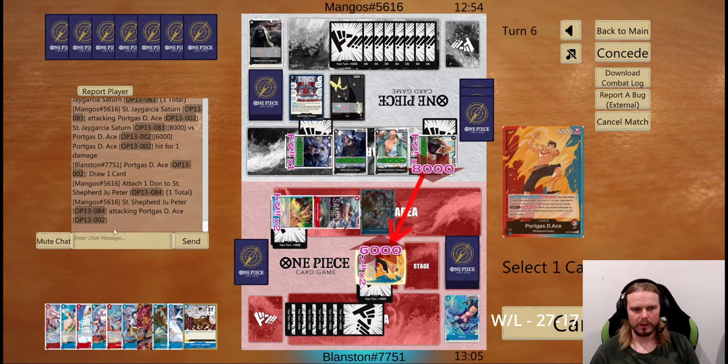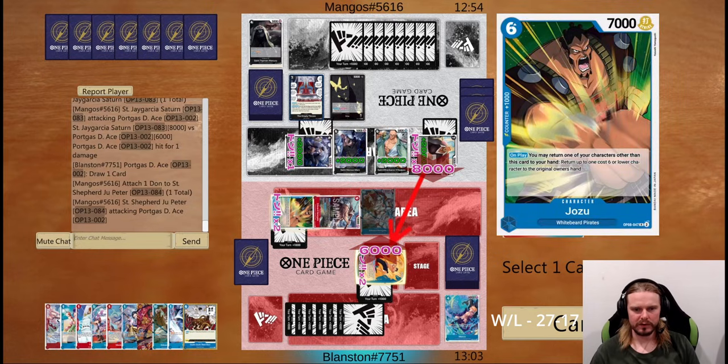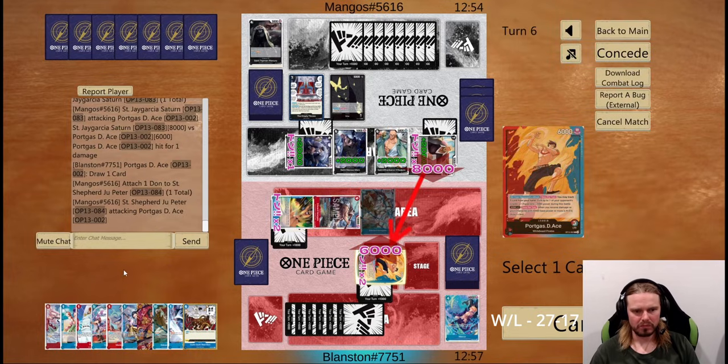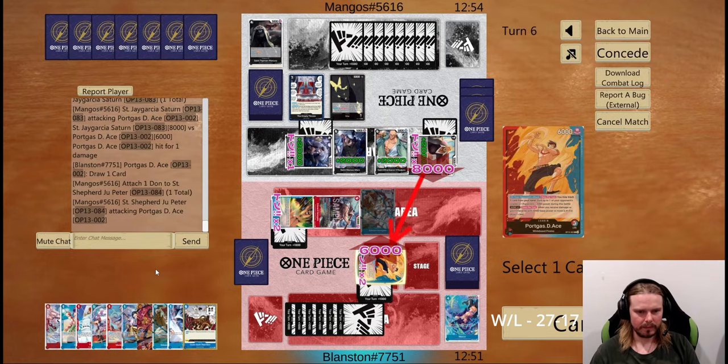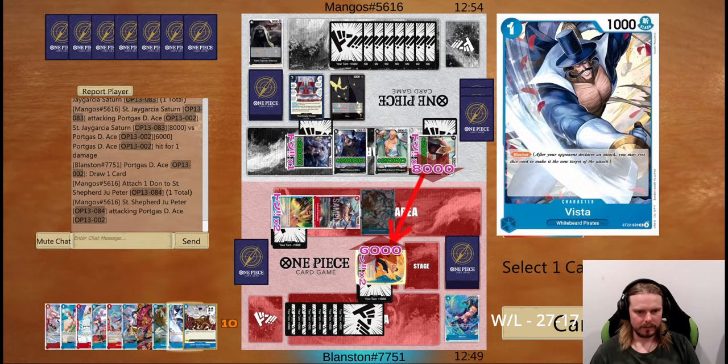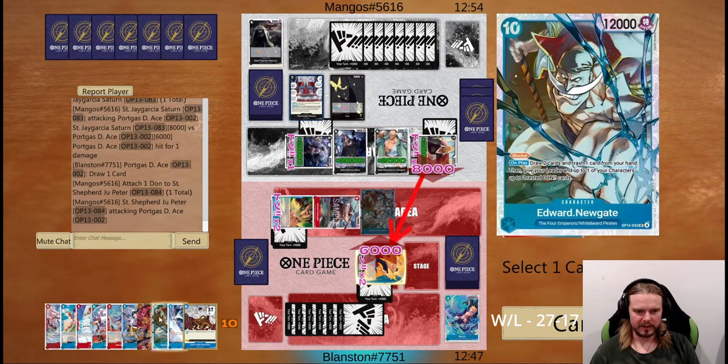Okay. Thought he might chase after, or swing with Nosturo first into this so he can kill it, but... Are we going to get use out of Vista? At the moment, no. We're playing 10 next turn, so...